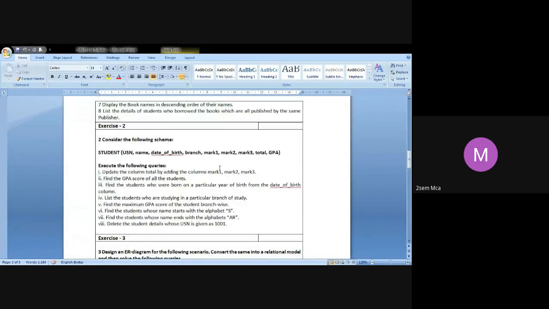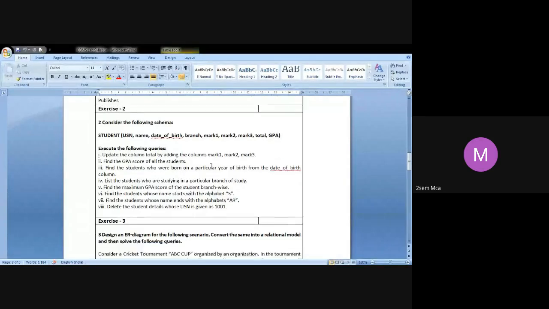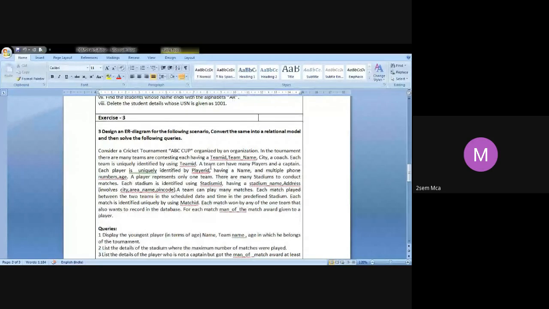See, the second one is a little simple. In the third one, for example, you are given only the application. They have mentioned that there is a cricket tournament and given the description of that particular application. That's it. You should decide what entities have to be there, what attributes these entities should have, and how to relate these entities. How do you decide? When you draw the ER diagram and the schema diagram, you will get a fairly good idea about this particular application. Once you get this, then we go into the creation of tables and so on.